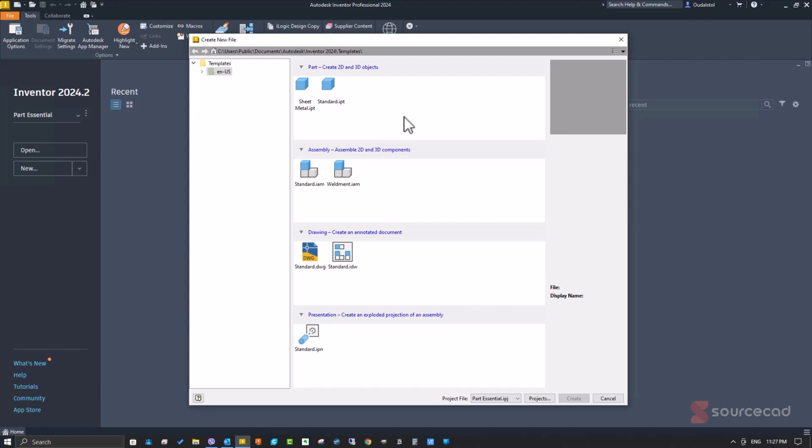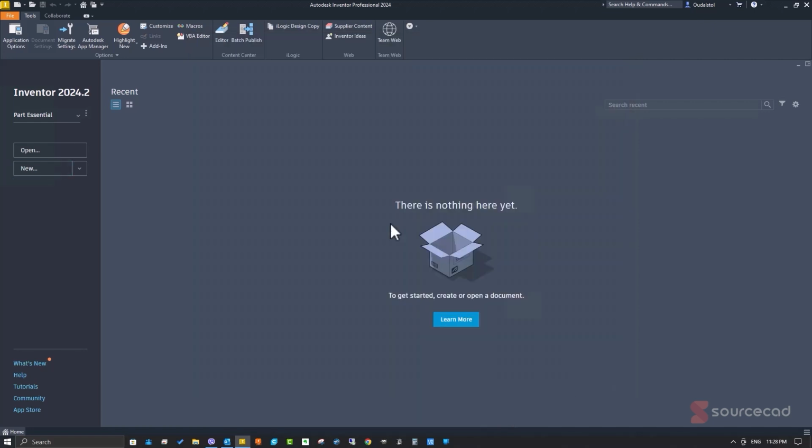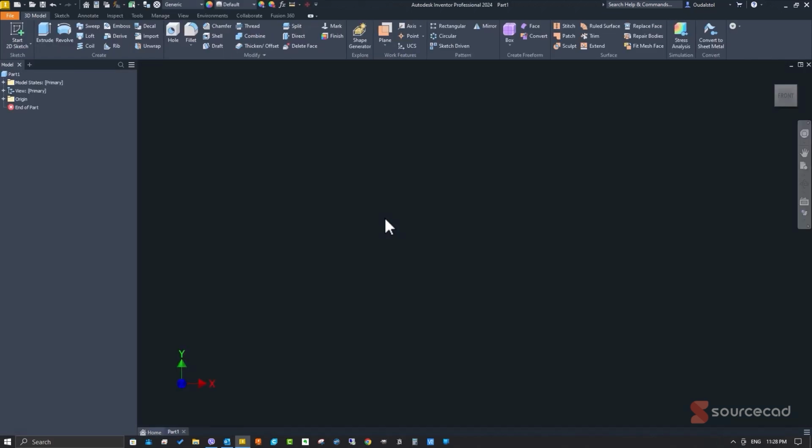Now this comes with Inventor installed, and here you see we got two parts, two IPT files. One's a sheet metal and a standard part. This is the one we're going to focus on here. So a standard part, I'm just going to click create, and again you might notice down here it says project file. This is the project file. So I'm going to say create, and this opens up the Inventor software, if you will, fully,